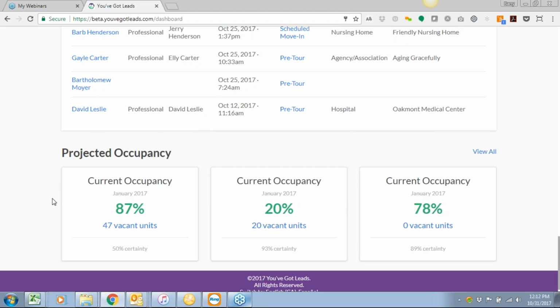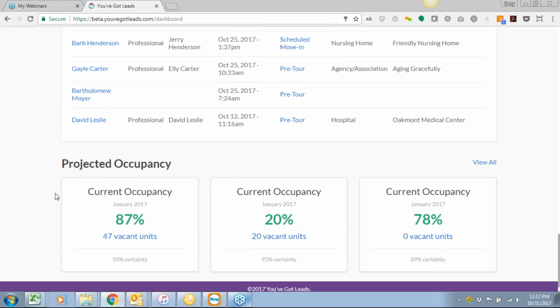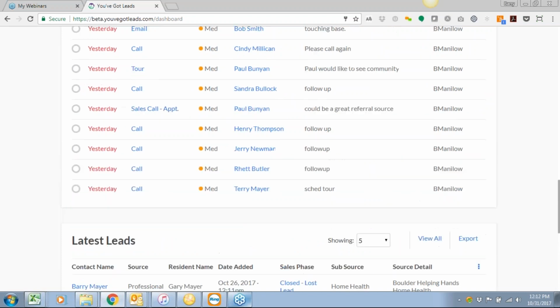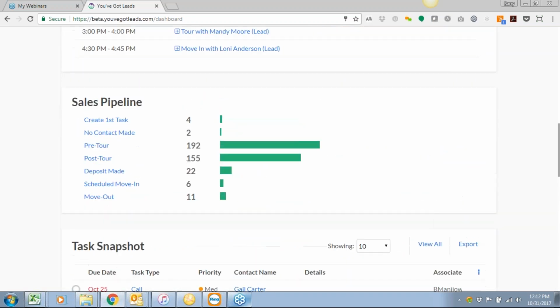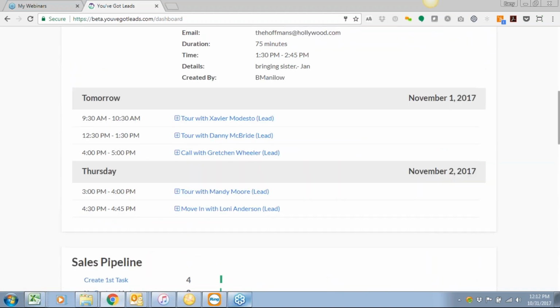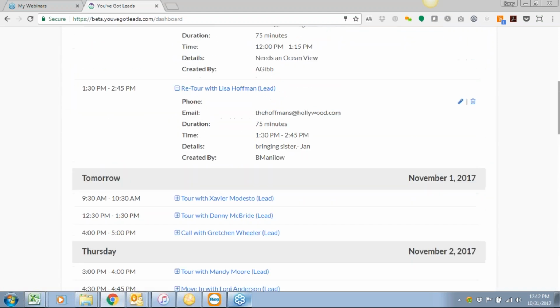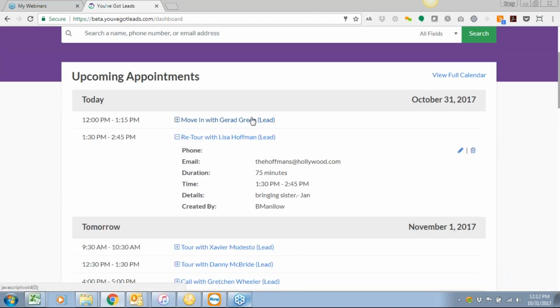And I believe that users will welcome that, because if you're using the inventory module within You've Got Leads, even right from logging in to your dashboard, it'd be great to see what your current occupancy is and then what your projected occupancy will be, maybe out 30 or 60 or 90 days based upon the scheduled moves. So if you have scheduled move-ins, move-outs, even transfers, and so on, then it will update those numbers automatically. So this is your brand new